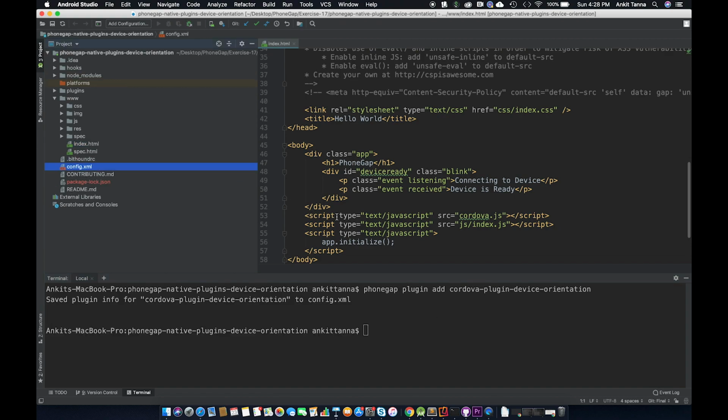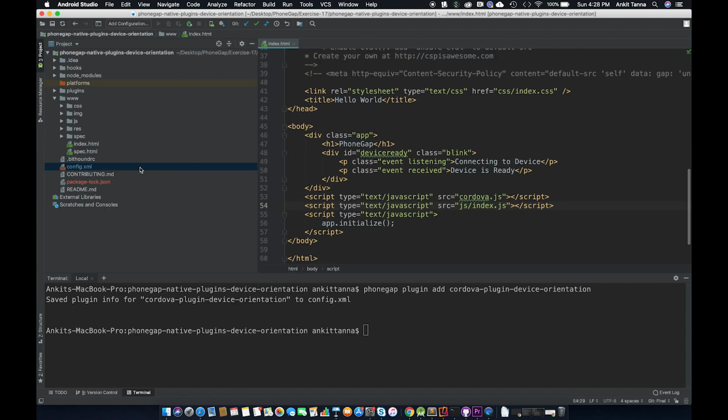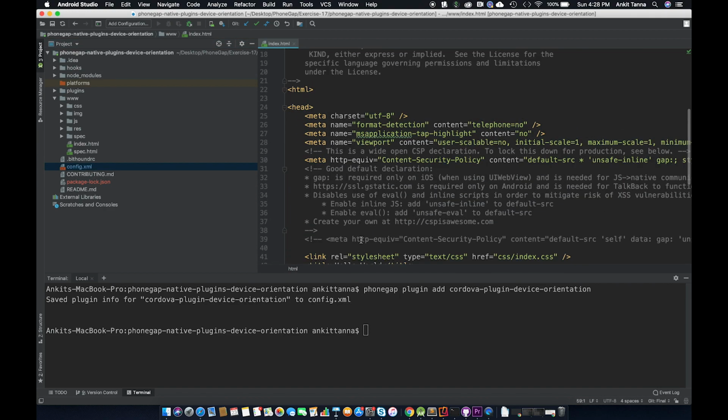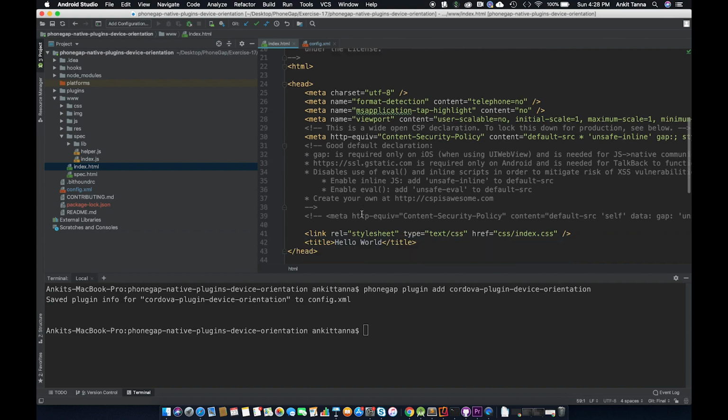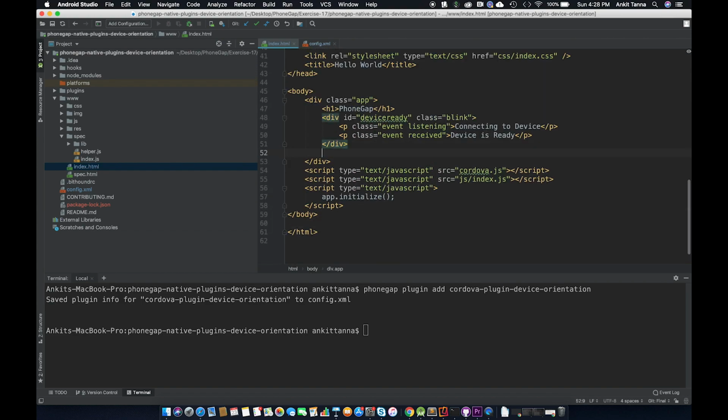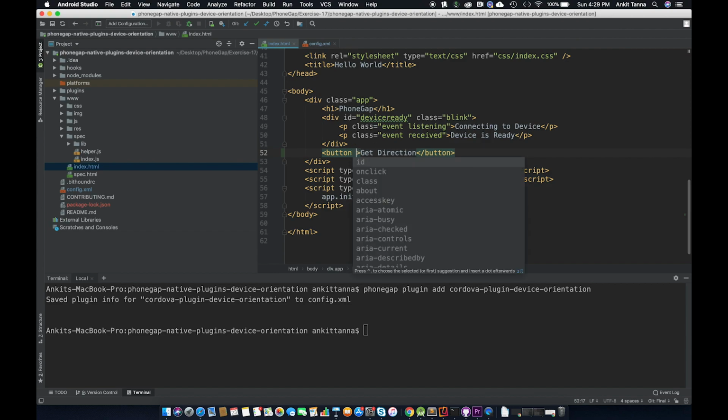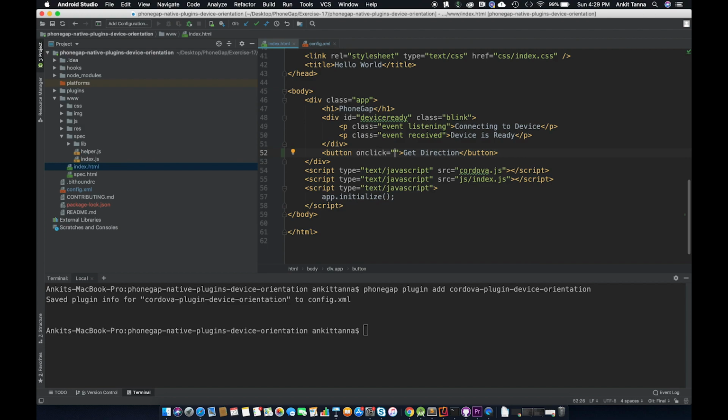So if we go to our config.xml, at the very end of our file, we can see that the device orientation plugin has been installed. Now let's go to our index.html and let's create a button. Get direction. In the button's click handler, we are going to add a function,